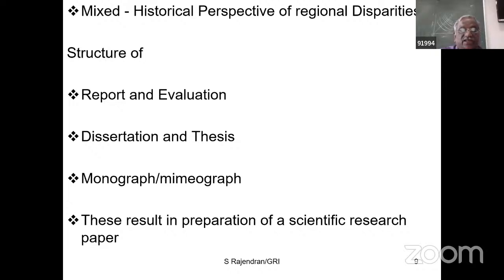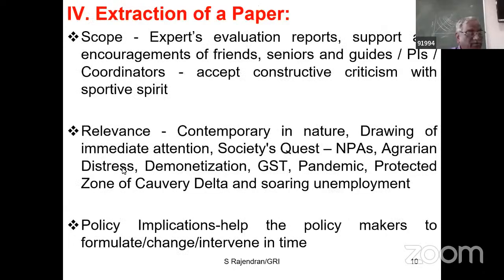welfare as such. If the researcher says that, yes, my paper has been published in Nature, naturally, not only his department, not only his peers, but also the institution, whether it is a college or university or institute, gets credit for the accreditation and also other assessments. So it is not the individual alone who benefits, but the entire system, the entire institution gets benefited. And how do we extract a research paper from the report?